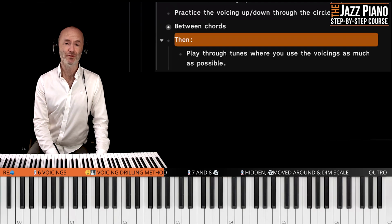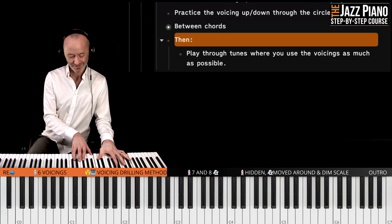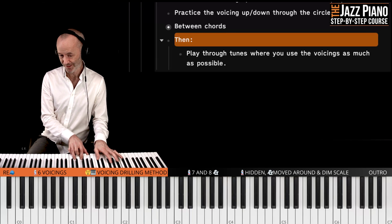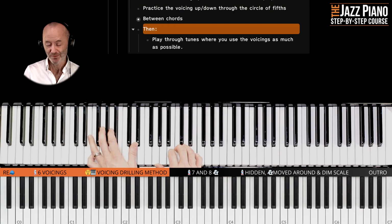And what is super important now is that you're also going to apply the various voicings to various tunes that you're working on. For example, if you are learning this voicing to this voicing, right? Now, there are plenty of tunes that you could play that on. For example,